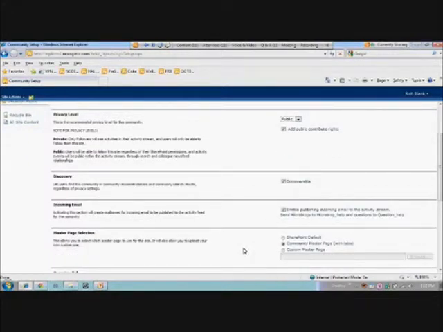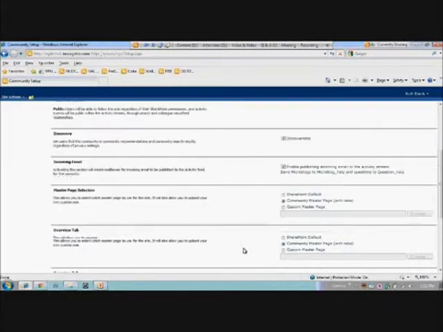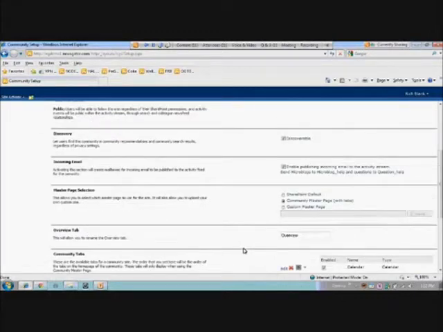I can also enable emailing into the community. Each activity stream, whether it's microblogging or Q&A, has the ability to receive email. So if I'm on my BlackBerry, and I don't have our social sites application on the BlackBerry, but I have the email address in my contact list, I can say, you know what, I want to send an email to this community and ask them a question.